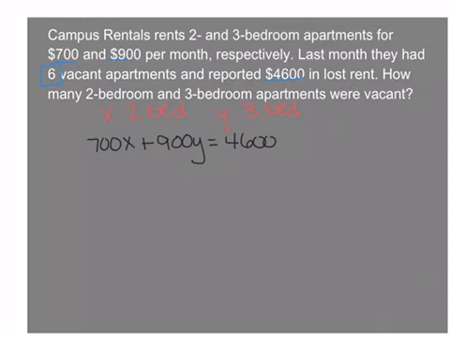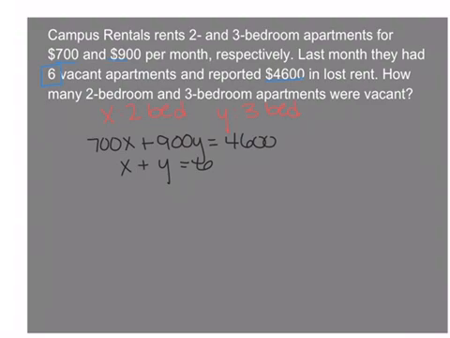So now that I've used those numbers, I'm not going to use them again, but I need to write an equation that shows I had 6 vacant apartments. So when I take my 2-bedroom and I add my 3-bedroom to it, I need that to equal the 6 that I had empty. So now for substitution, we need to solve one of these for our variable, x or